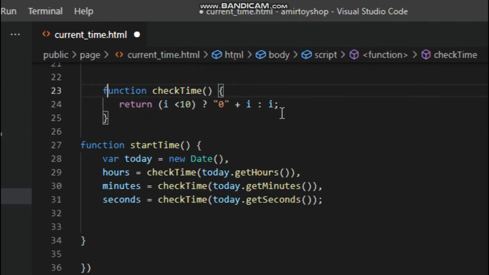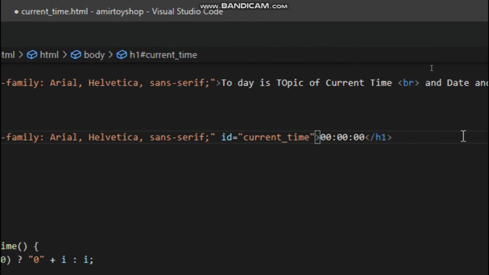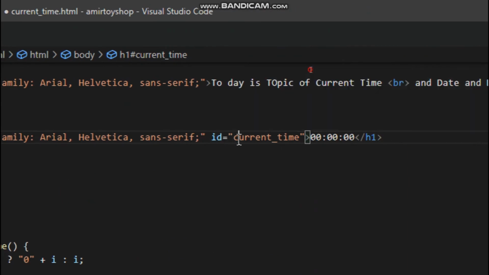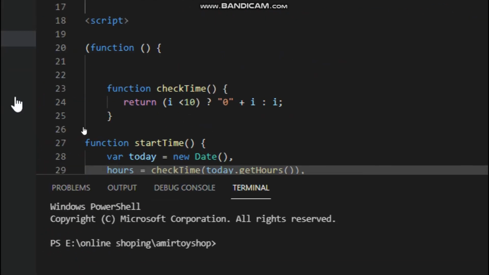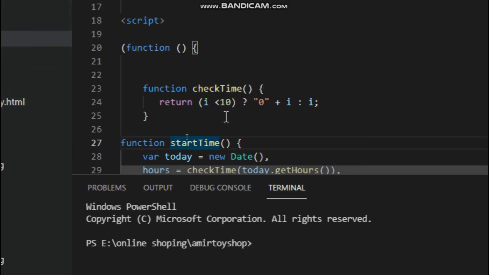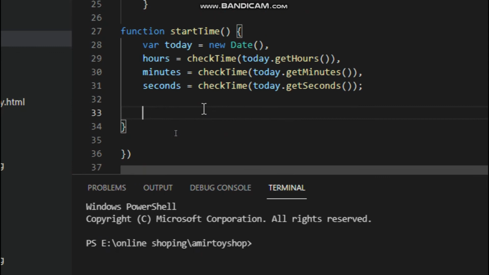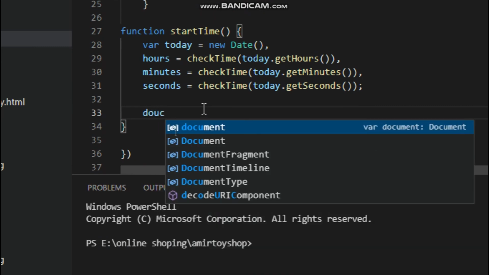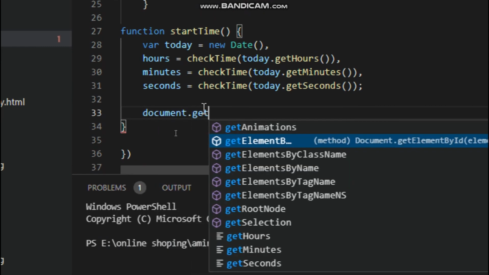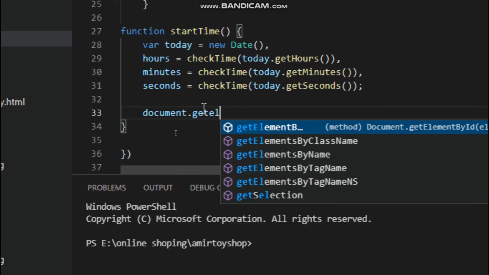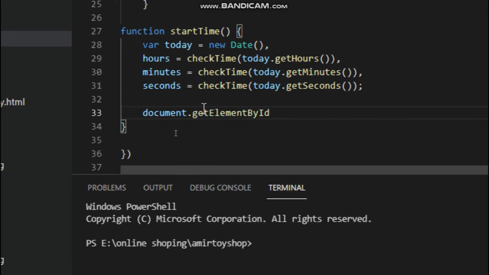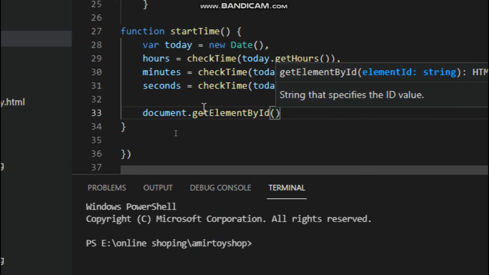Scroll up, you see heading 1 and this heading 1 ID is current time. Okay, we are coming here to code and type. First we type document dot getElementById, then a bracket, hold shift and type a simple inverted comma, not a double quotation, and type a